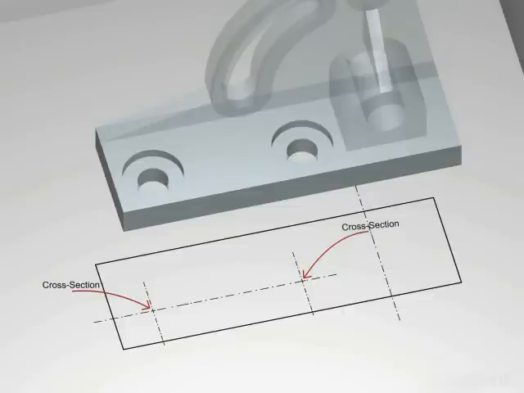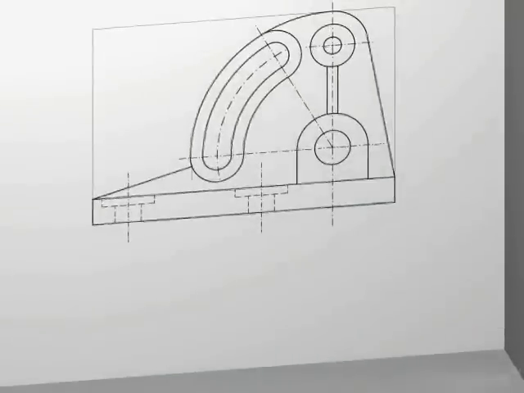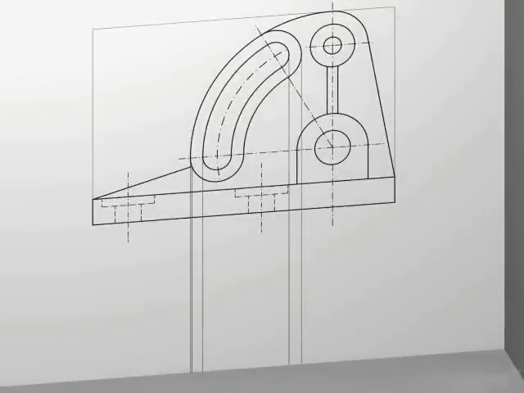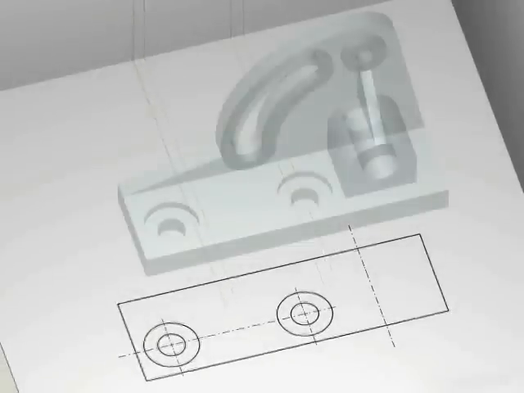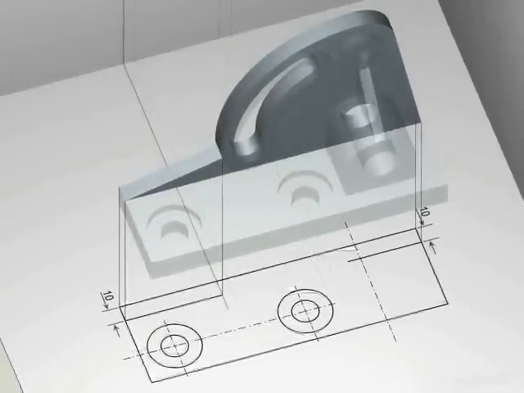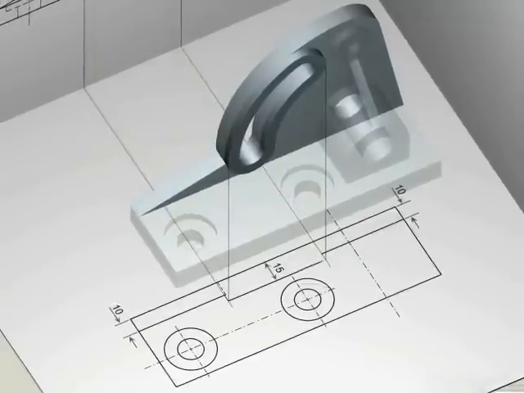Using these intersection points, draw two spot face holes with a 30 mm diameter outside circle and a 15 mm diameter inside circle. Now for the inclined rib and slot, take reference from the front view. The inclined rib is 10 mm thick and the slot portion is 15 mm thick.